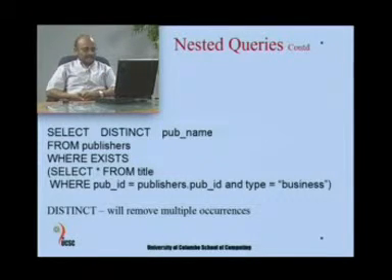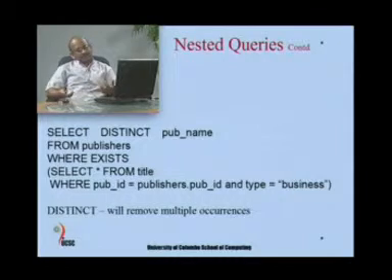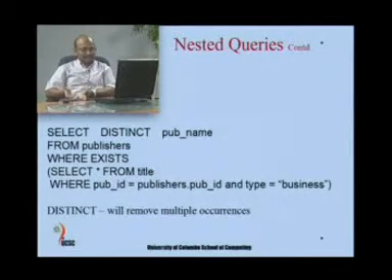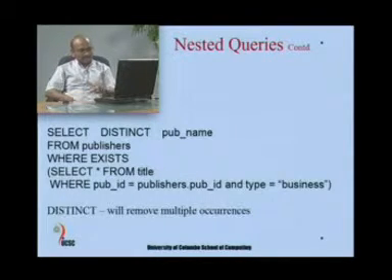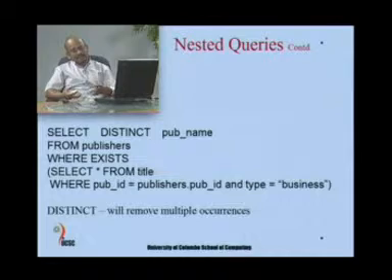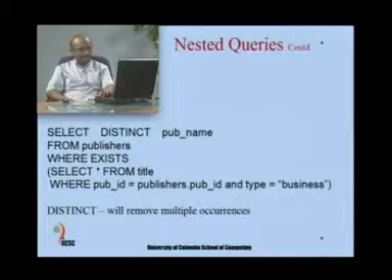our output, and the exists condition is used because we are not interested in the matching output values from the subquery, we only want to know if it matches or not. So, if it matches from the title table, if there is a publisher ID belonging to business type books, then the corresponding name we take from the publisher table and use it for output. So, that is how in this query we have used the exists to see whether there are matching values or not, and if so, do the other task of listing.